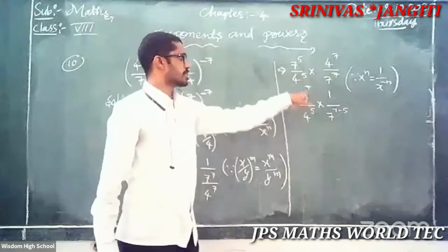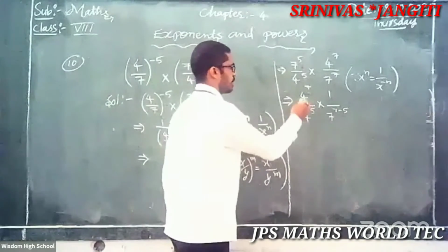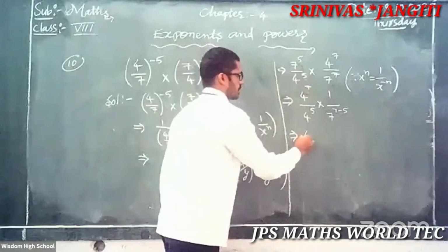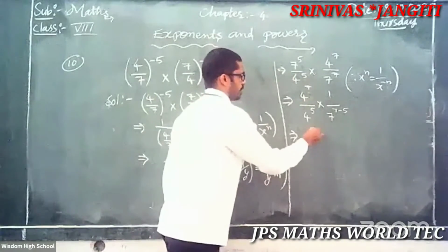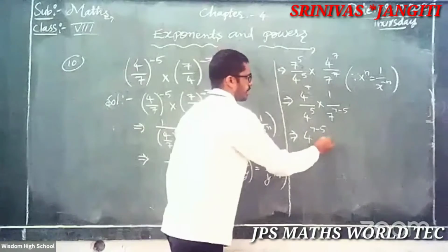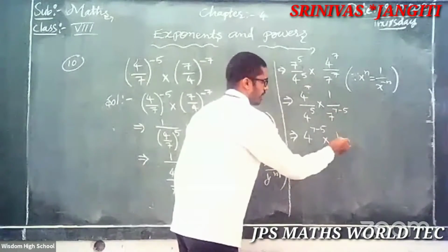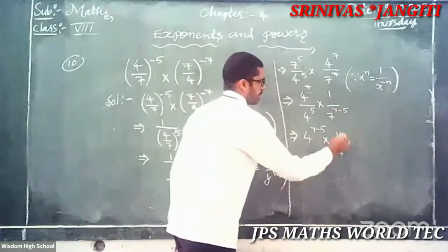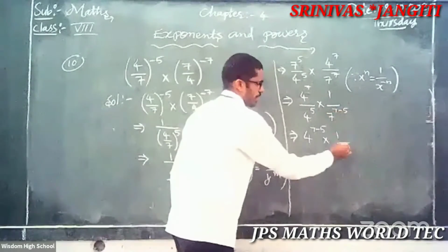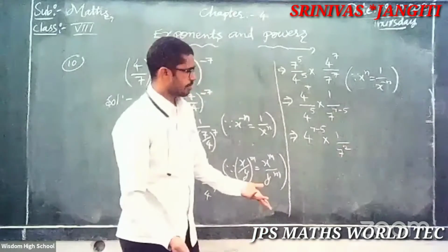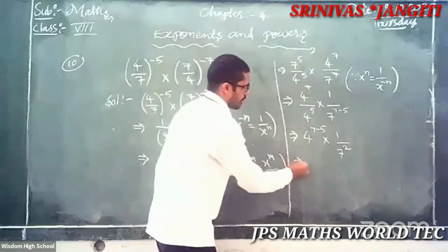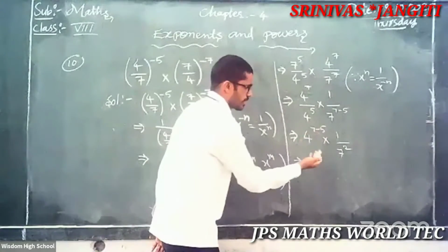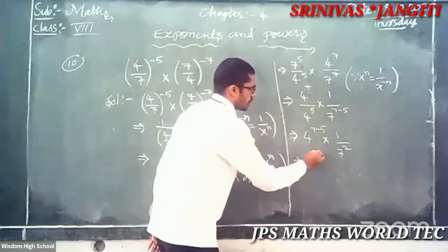Now here also it is the same. It looks like x to the power of m by x to the power of n. Then what is here? Tell me. Here upside, so what? 4 to the power of 7 minus 5, into 1 by 7 to the power of 7 minus 5. What do you get? 7 to the power of 7 minus 5 is 7 square. Then, after here, 4 to the power of 7 minus 5, same, 2 only, 4 square.